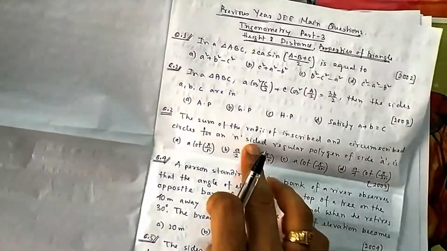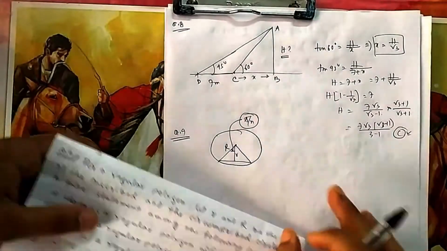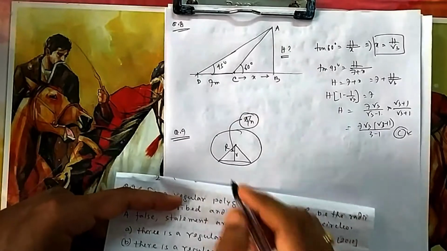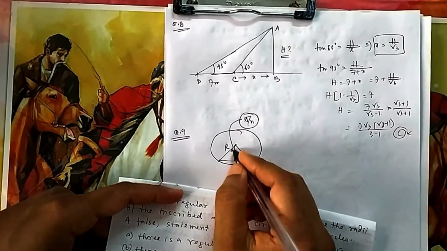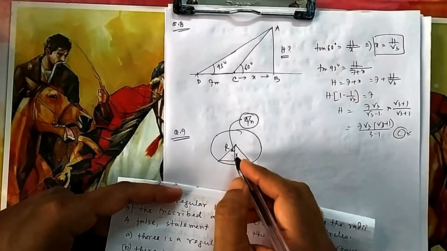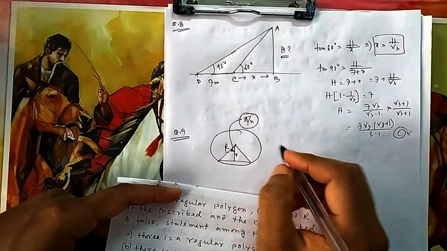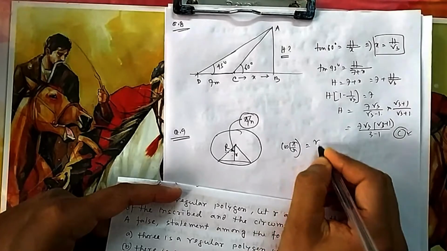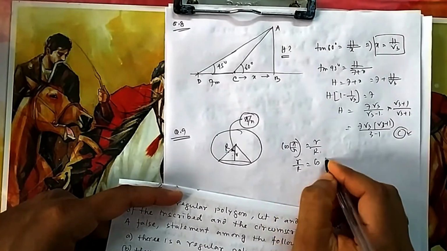I think in the earlier lecture you will find that, question number 3. How we calculated: because the total angle was 2 pi by n and it is half of that, so it is pi by n. So they want to find the relation between small r and capital R. This angle is known. So what is the relation between this and this? Because you are looking from this angle, this becomes your base. So cos pi by n is equal to small r by capital R.